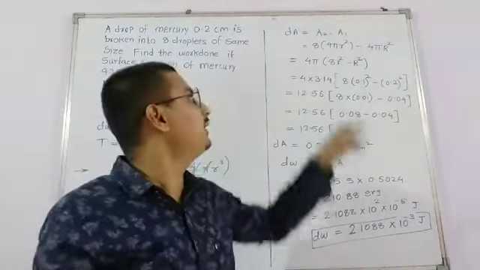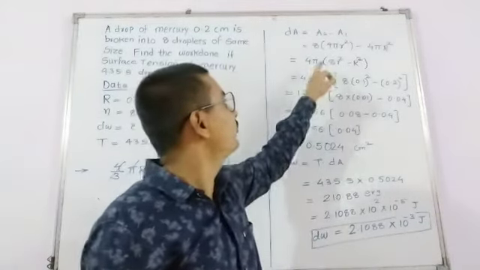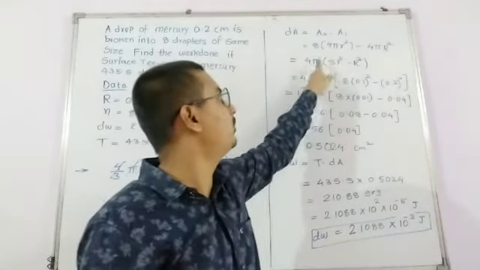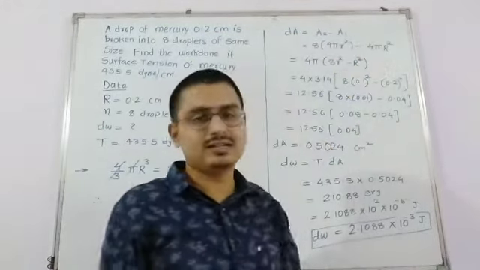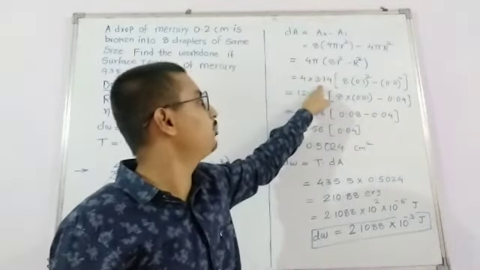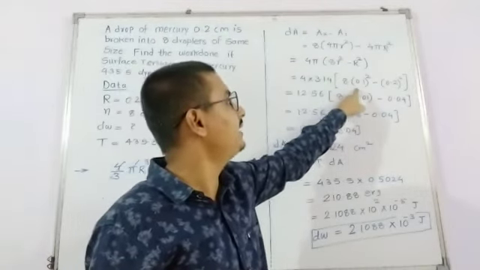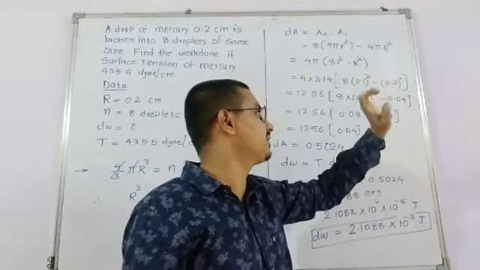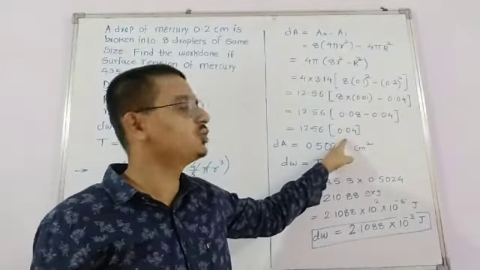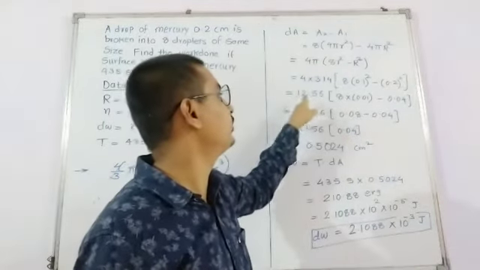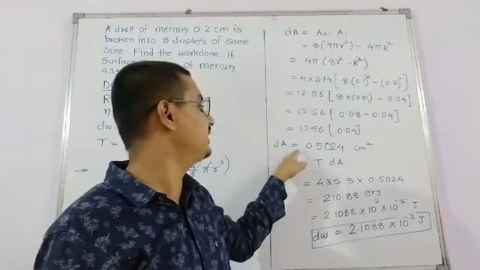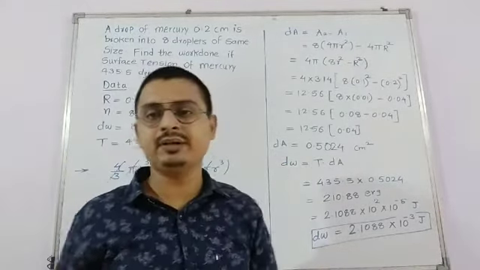ठीक है, तो यहाँ पे A2 will be greater than A1. So if we take 4 pi common in both the terms, 8 r square minus R square, क्योंकि 8 तो कॉमन नहीं है, 8 is only for this term. Then 4 into 3.14 bracket में 8 small r square minus capital R square. So 8 into 0.01 minus 0.04. So finally we get the answer 0.04, और ये 4 into 3.14 को multiply करते हैं that is 12.56. So we come to the value that dA is equal to 0.5024 centimeter square.